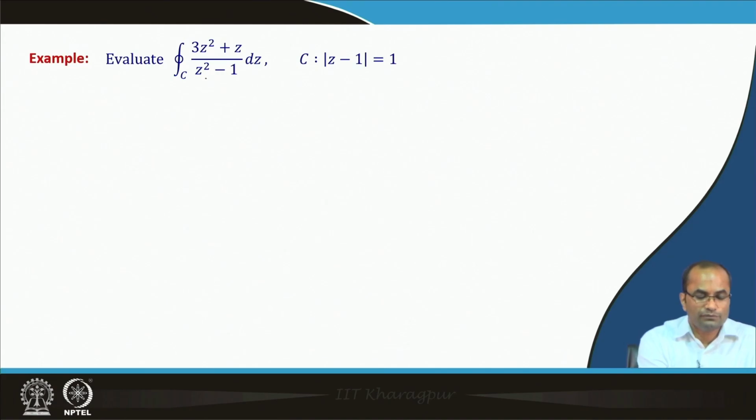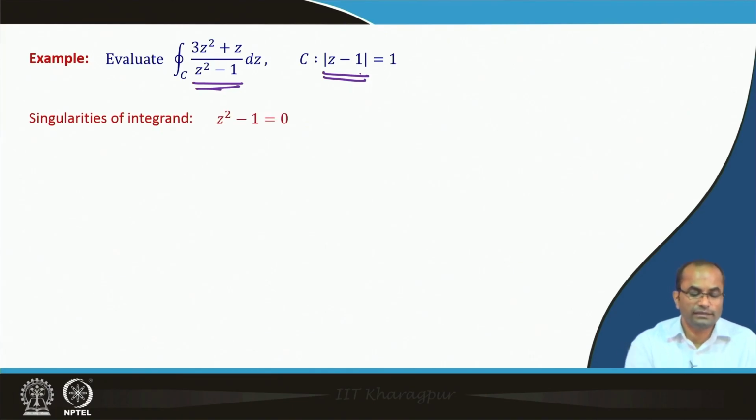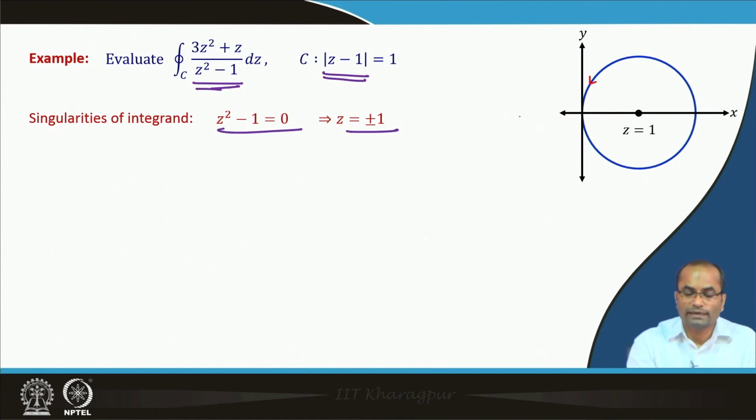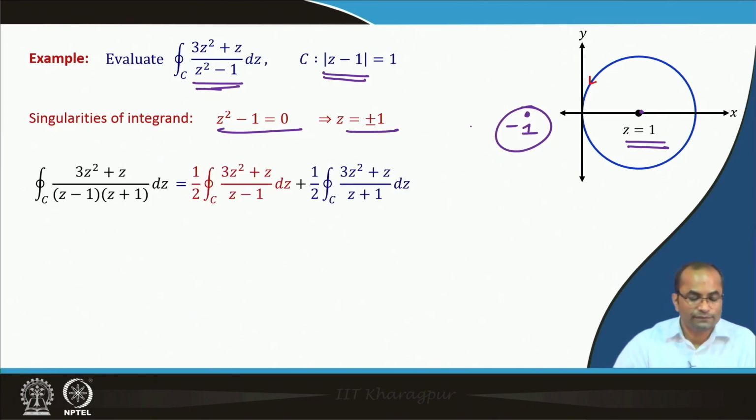So, the last example where we have again a similar situation, z square minus 1 is coming, and this is with center at 1, 0 and the radius is 1. So, singularities again here we have z equal to plus minus 1. So, minus 1 is outside this circle with center 1 and radius 1. So, we have only one singularity inside, z is equal to 1; z is equal to minus 1 is outside, so that is not in the picture.